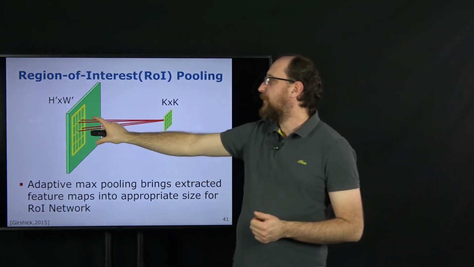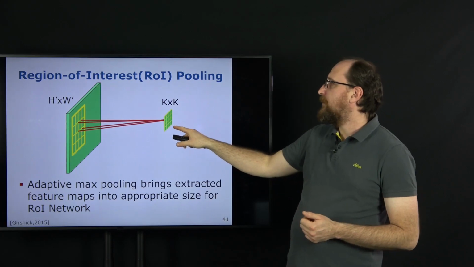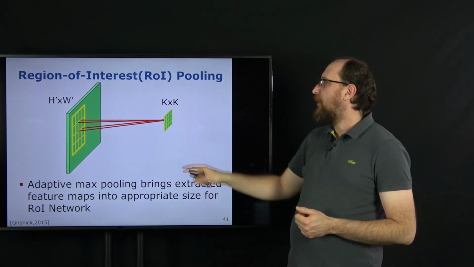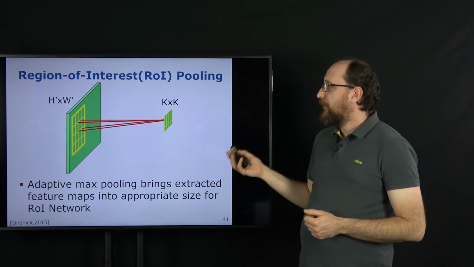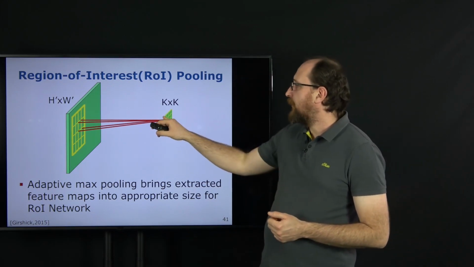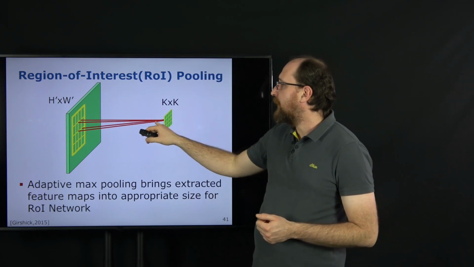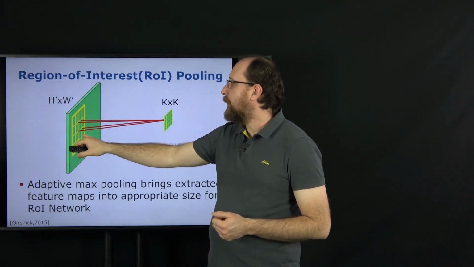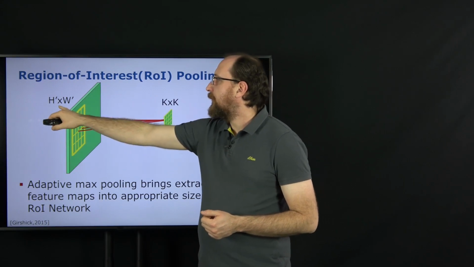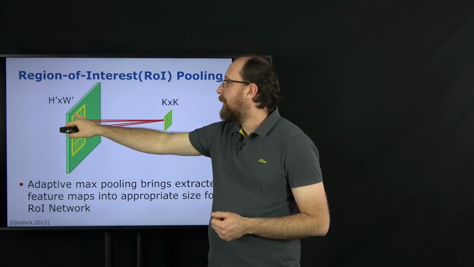We want to produce k by k inputs for our region classification network. For each entry, we take the average over all entries in this region. So we split up the h times w